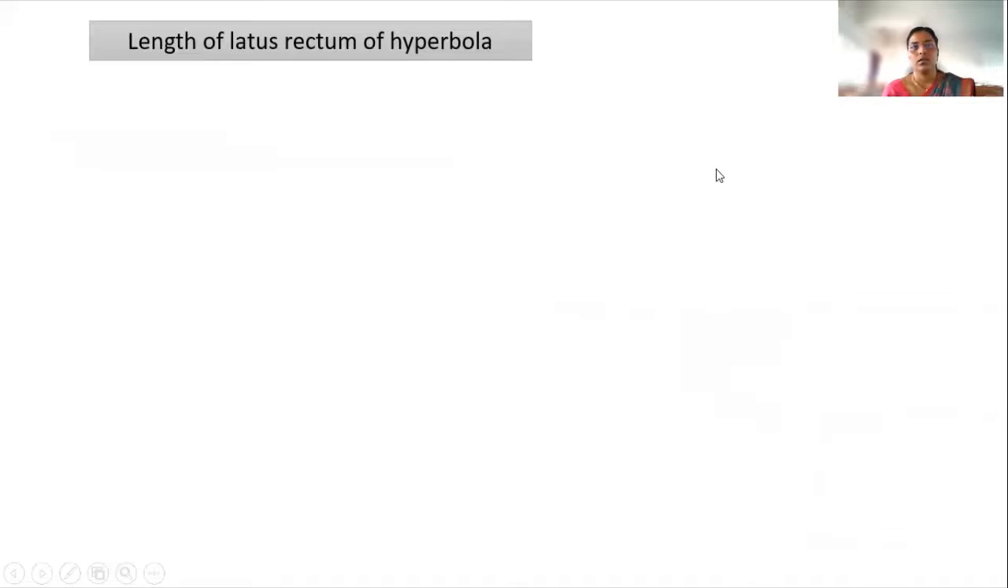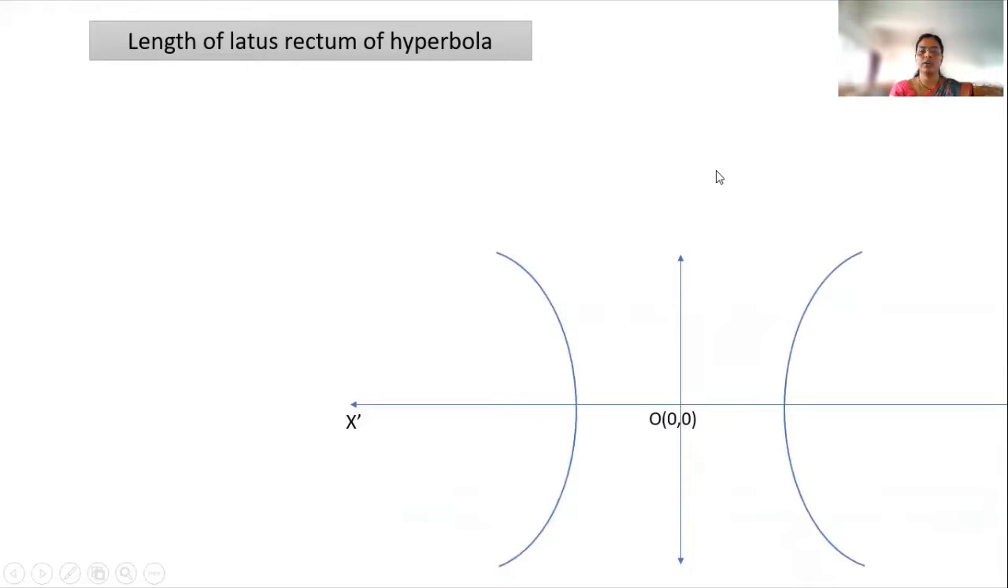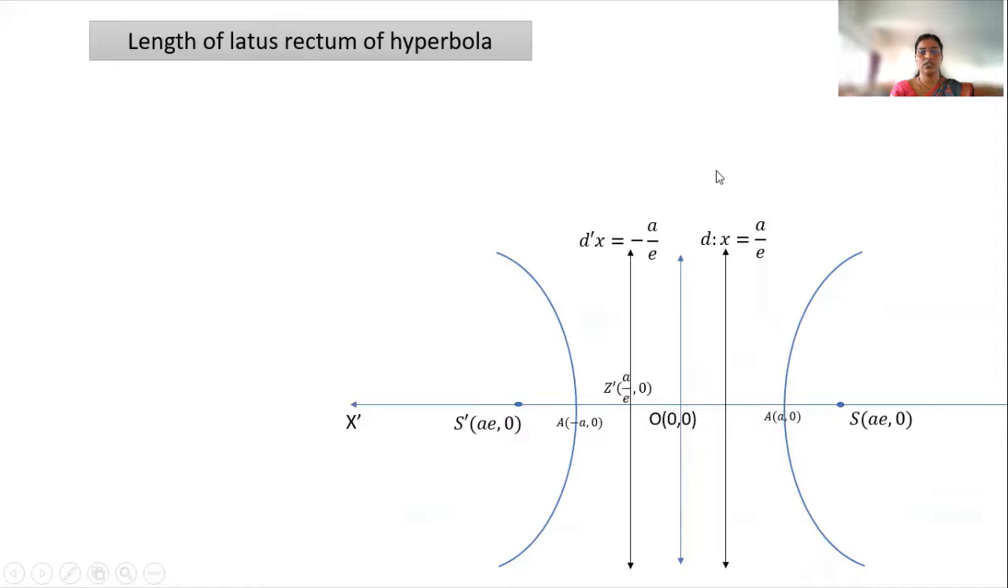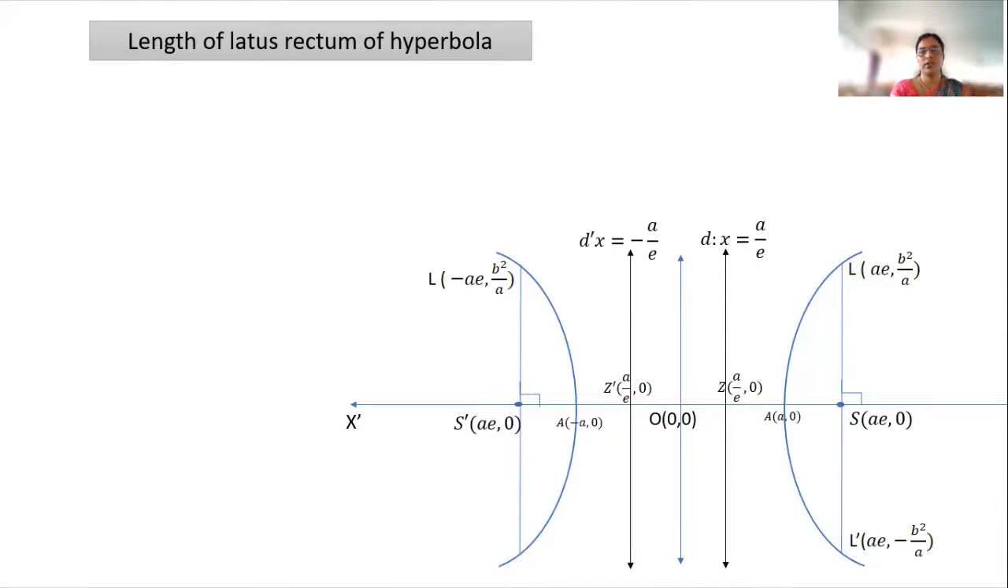Now, length of the latus rectum. What is the latus rectum? Latus rectum is the focal chord which is perpendicular to the axis. Consider a hyperbola with foci and directrices DD dash, SS dash. Then LL dash is the latus rectum whose end coordinates are (ae, plus or minus b square upon a). Then the length of the latus rectum is